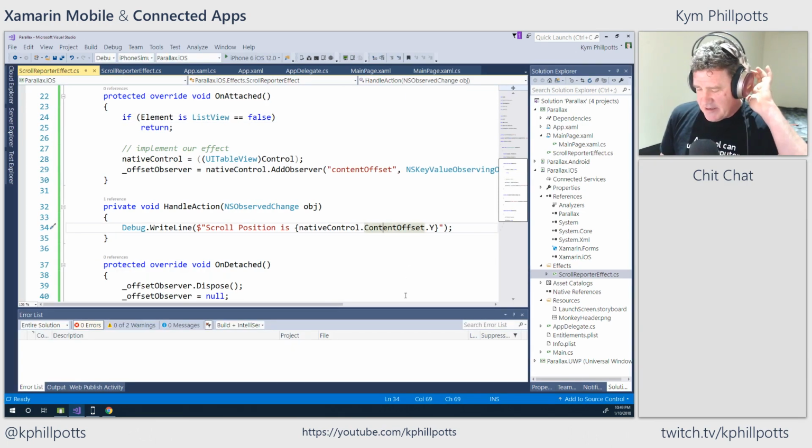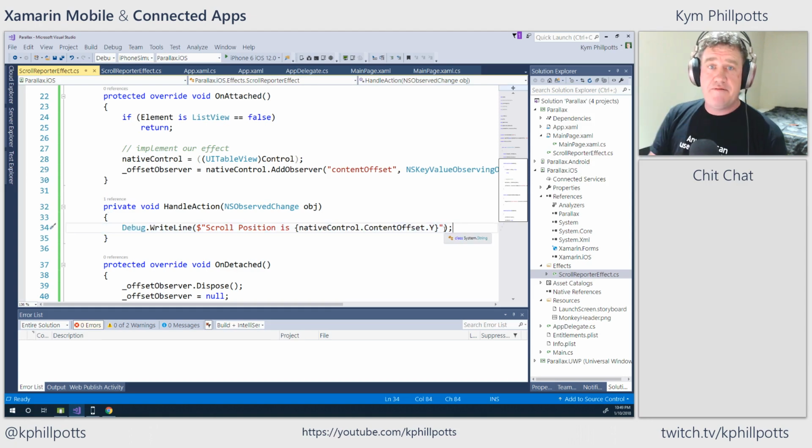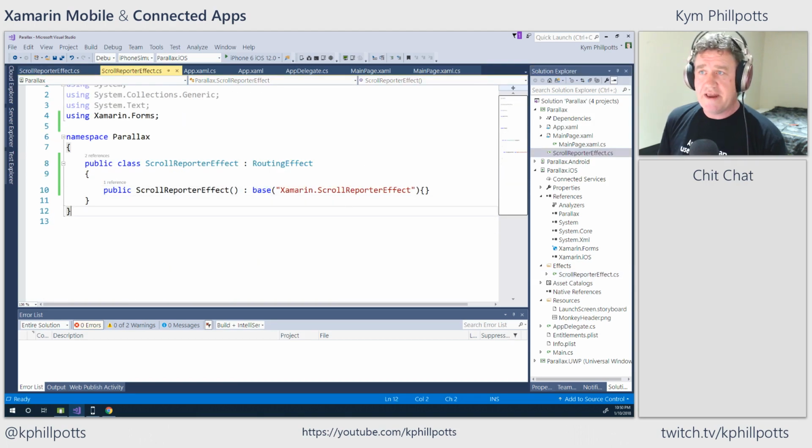So here comes the next challenging bit. And this is why a lot of people use renderers, because what I now need to do is, when this changes, I need to notify back to my main page so it can start moving that element around. So the way that I'm probably going to do this is I'm going to create myself an event, right? So let's come back up to our scroll reporter effect, and let's create ourselves an